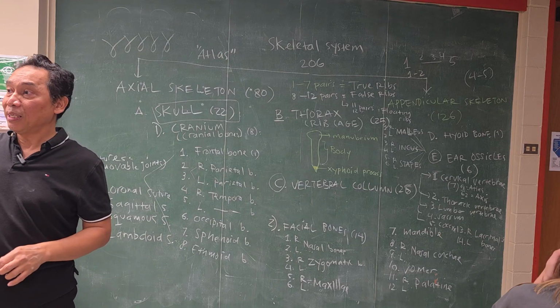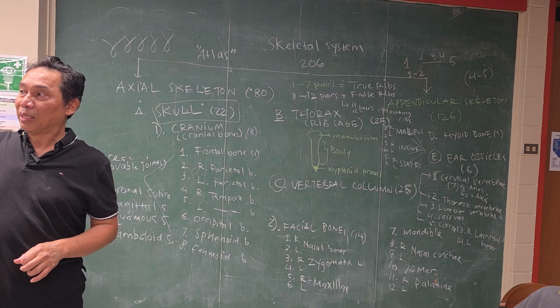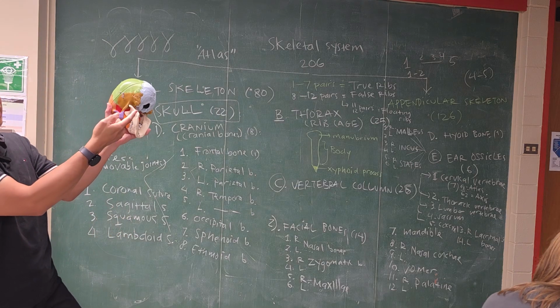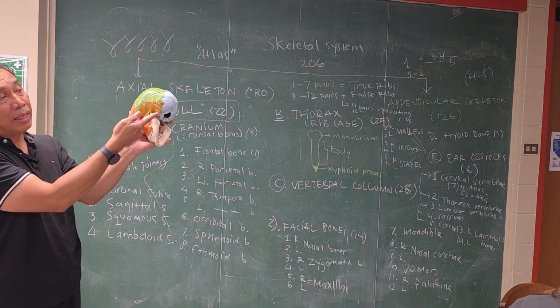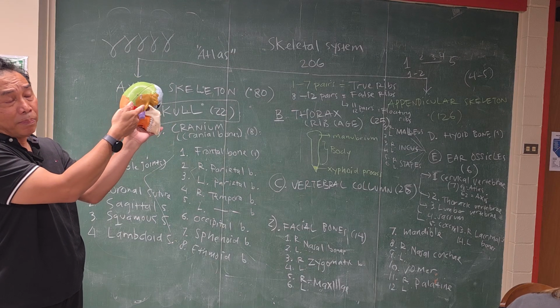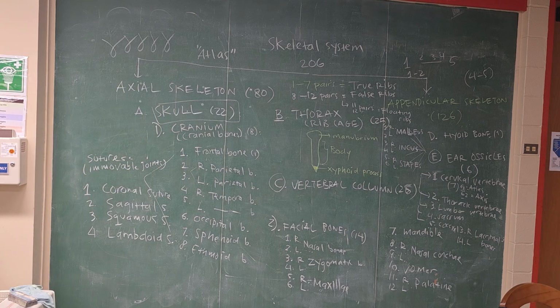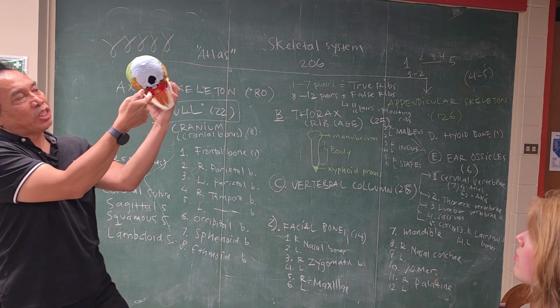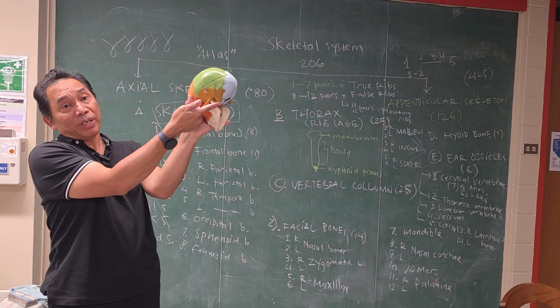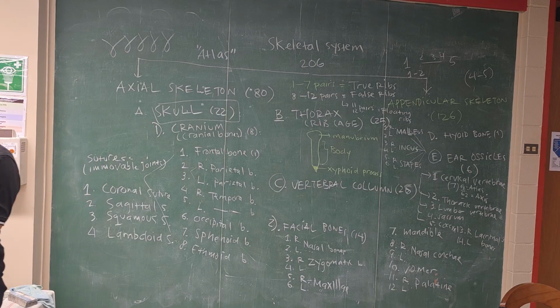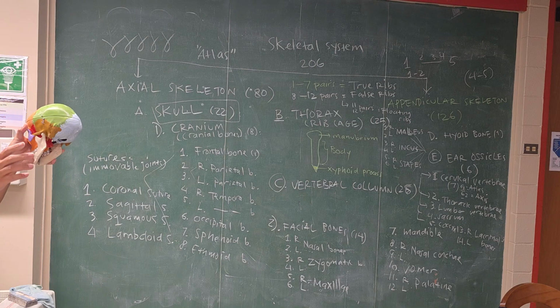What is the next parameter according to this table? Mastoid process. What is the mastoid process? Look over here. There is a projection on the temporal bone. That projection or process is called the mastoid process. This big one over here, not the sharp one, not the small one. Now, how do we measure it? Again, discuss with your classmates, with your group. Maybe at first you are still confused, but later you will see the difference.